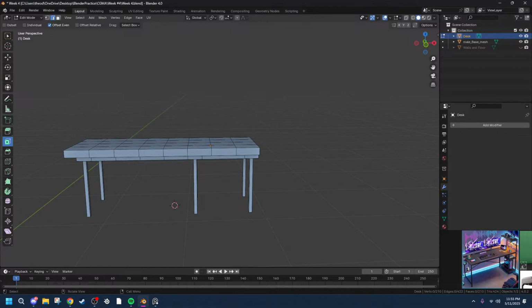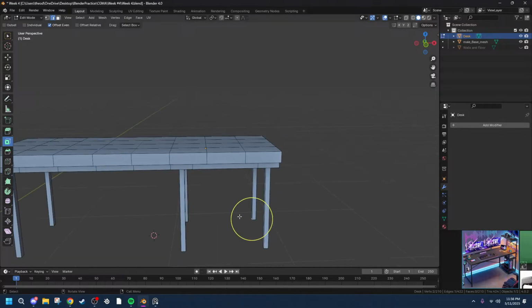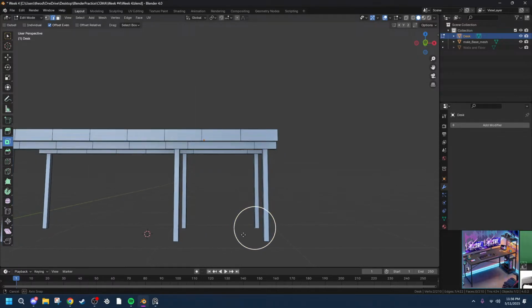Okay, so we finished the desk a bit. It's not exactly finished, but it looks good. Let me check something real quick. So what we're gonna do here now